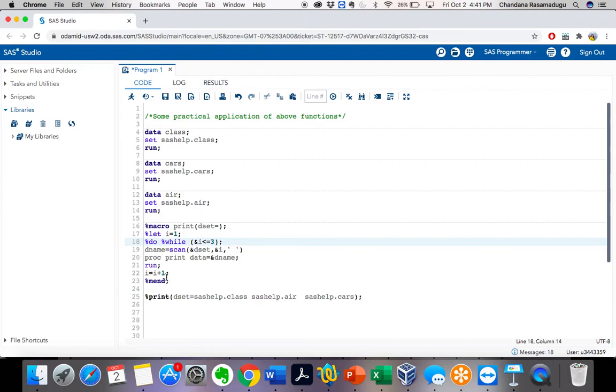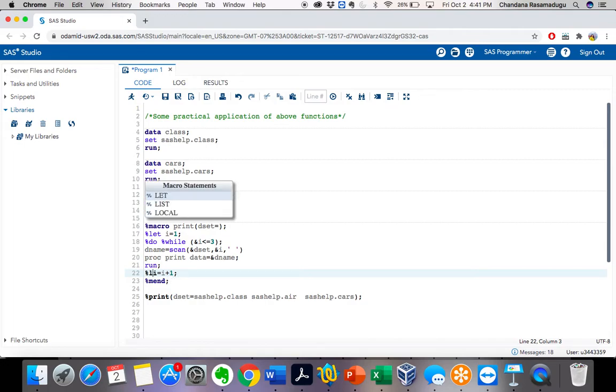Now see this one also has to be changed to the macro variable, right? How can I do that? %let I equal to I plus 1. But what I have told you while telling the SAS macro functions, in the macros by default it takes all the values as character values, right?